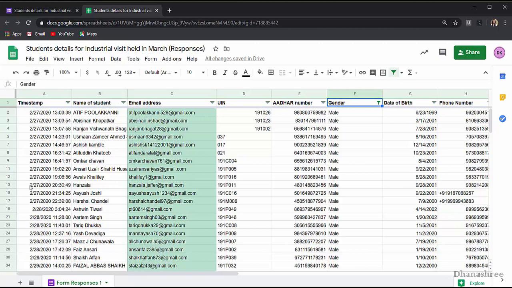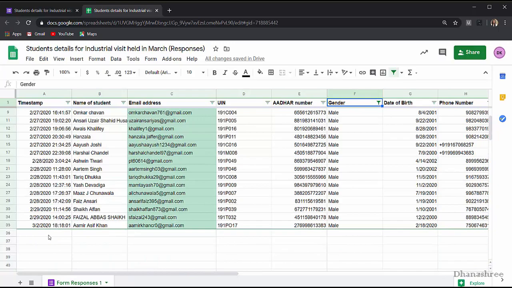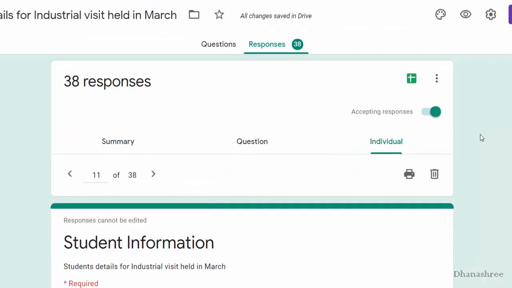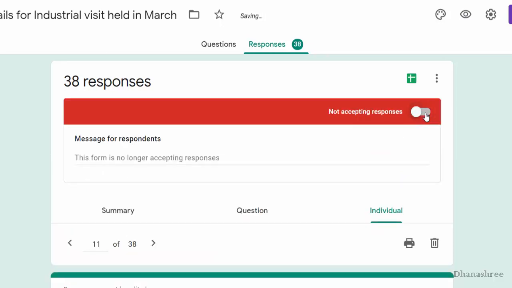If you are using the same form again and again, then timestamps help you differentiate between an earlier response and the next response. If you want to deactivate this form, meaning if you want to stop taking responses from that particular form, just close this.